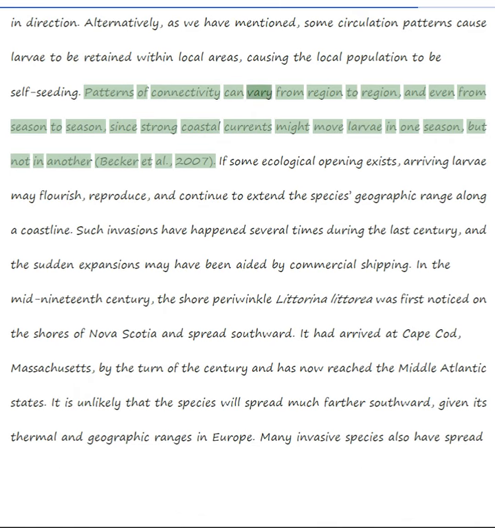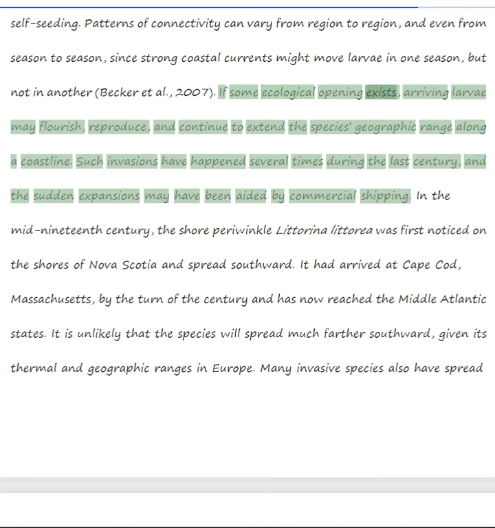Patterns of connectivity can vary from region to region, and even from season to season, since strong coastal currents might move larvae in one season, but not in another. If some ecological opening exists, arriving larvae may flourish, reproduce, and continue to extend the species' geographic range along a coastline. Such invasions have happened several times during the last century, and the sudden expansions may have been aided by